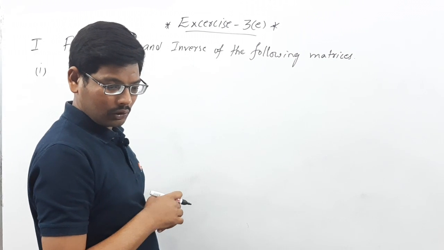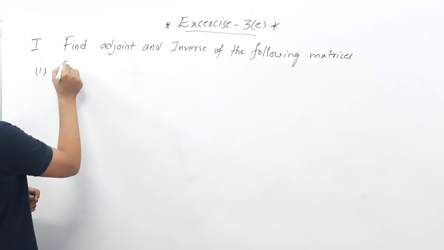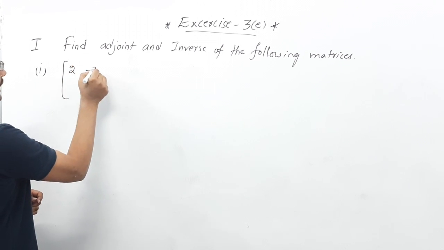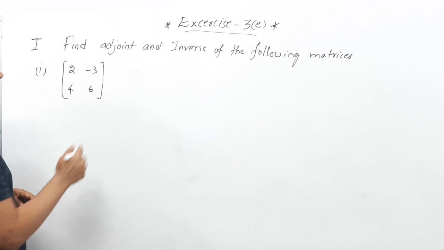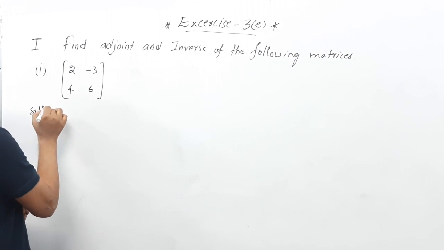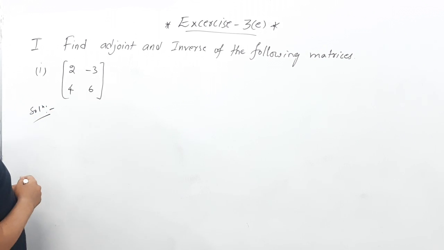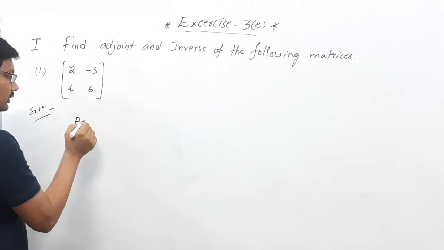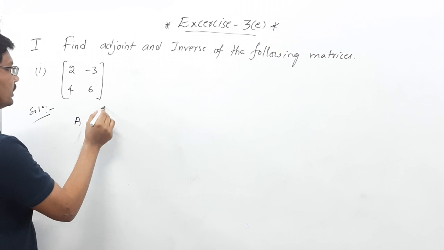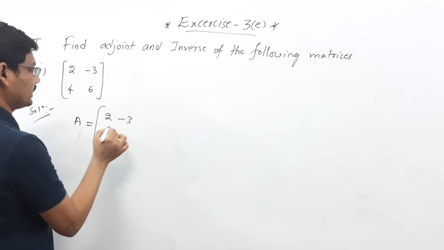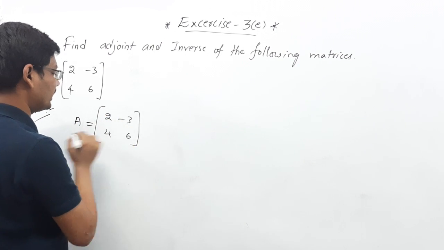It is 2, minus 3, 4, 6. This is the matrix given here, and the solution for this one is here. Adjoint, first we need to find the adjoint. Here I am considering this matrix as A equal to 2, minus 3, 4, 6. Adjoint is nothing but,